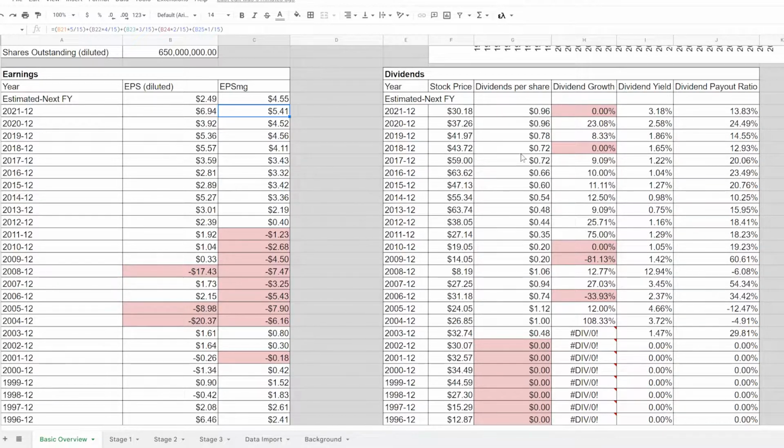Dividends, you can see that they are paying a dividend pretty steadily. Even in their worst year, 2004, they still paid dividends, and they cut back a little bit in there. And then again, in the financial crisis, they dropped their dividend quite a bit there, but they still continued to pay it. Their dividend payout ratio is rather low compared to many companies that we've been looking at lately, and that would indicate that they have the capacity to continue growing their dividends, or at the very least, they have the capacity to sustain the dividend if they have another down year. So those are things to pay attention to.